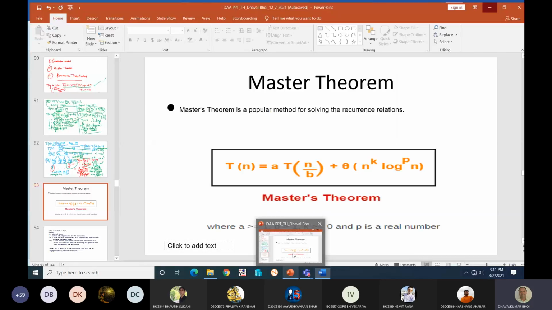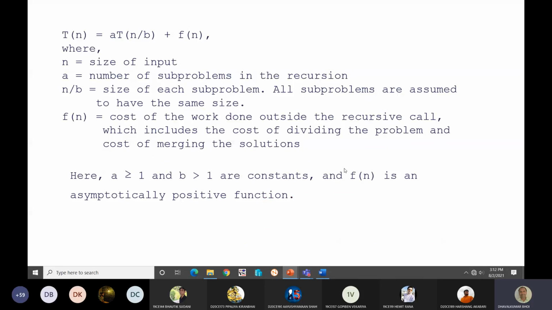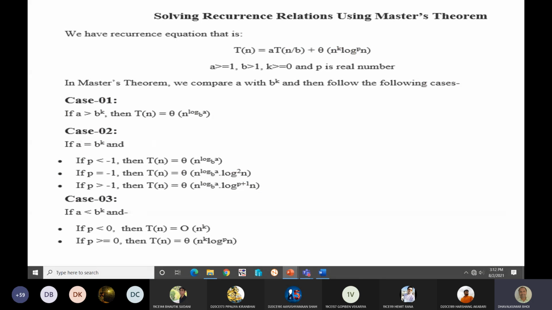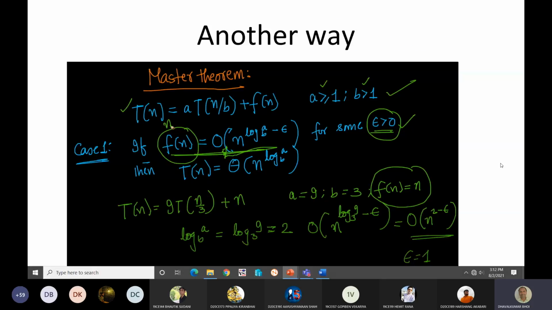One more thing that I would like to share with you. I have given you the master theorem as per this equation, but in the book that I shared with you today, you will not find such equations. Let me show you what they have given in the Cormen book. As per the master theorem, they have given the equation T of n is equal to aT of n by b plus f of n, where a is greater than or equal to 1 and b is greater than 1. But they have given cases like this.